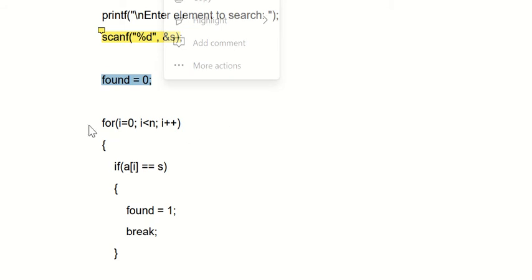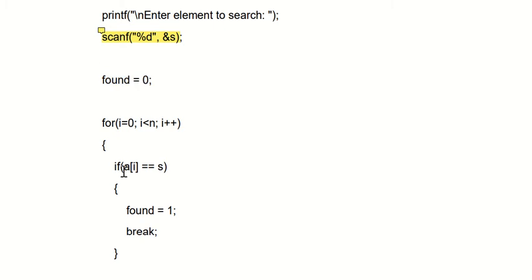Now the logic part: for i equal to 0, i less than n, i plus plus. So if a[i], where i is 0, so if a[0] is equal to s, the number you want to search.